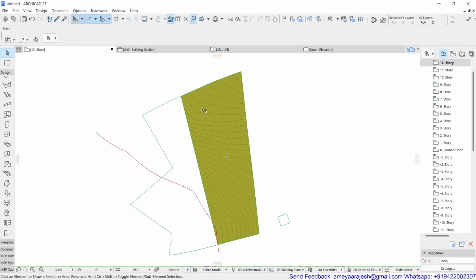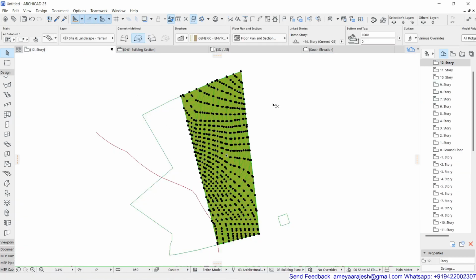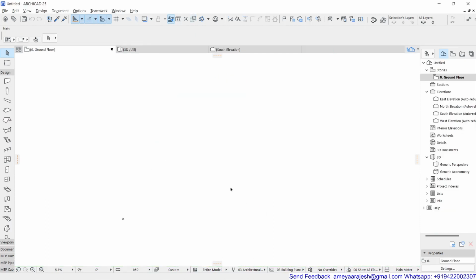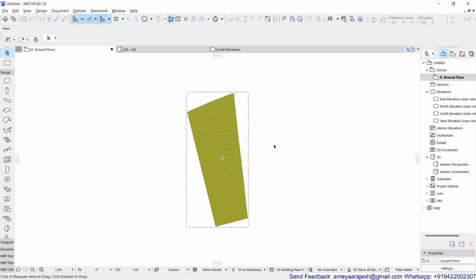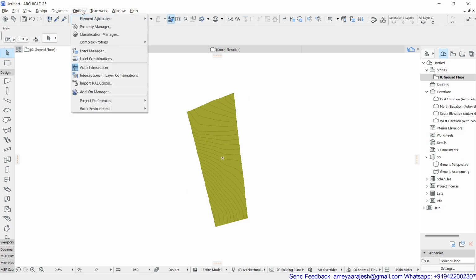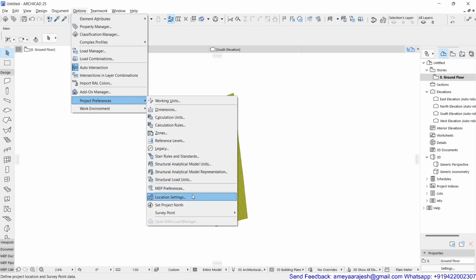So we can surely select this mesh, take it on the clipboard by Control C, move to a new project, and paste it there, keeping all the required things as they are. Remember for this another thing: all the geographic location and everything, if you want to match it as per the project, you should solve that by entering your project preferences and location settings.